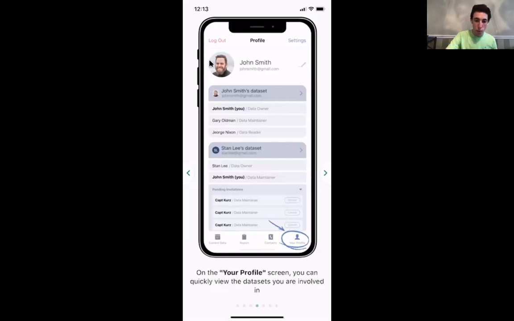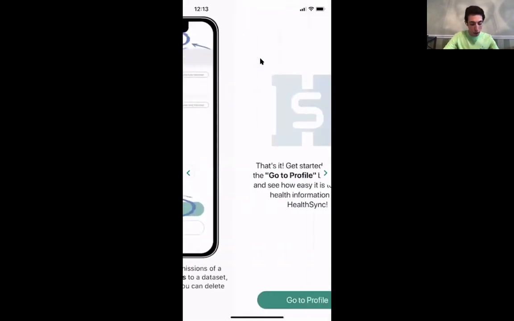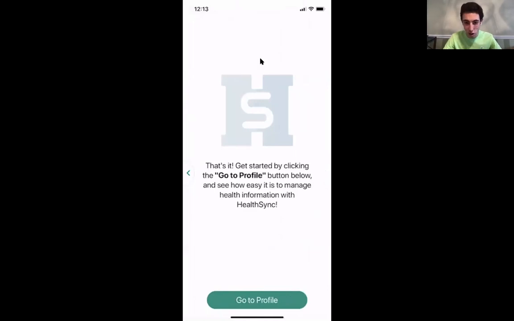So once again, at the bottom, you have current data to add information. Reports is where you can see all your progress. Contacts is where you can input and store in an organized way all your doctors and your medical information inside a list. And your profile allows you to manage your data set and add new data sets, to have different people being able to see your information, and also for you to be able to see other people's information. Okay.